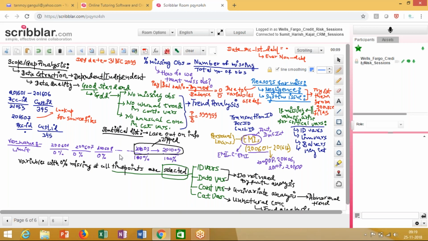First of all, for continuous variables, we do the missing observation analysis. Variables which do not have any missing observations are processed through the univariate analysis. Talking about continuous variables, the main objective that we have is to assess